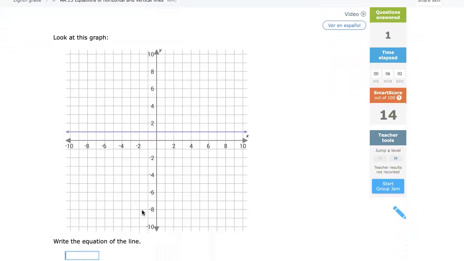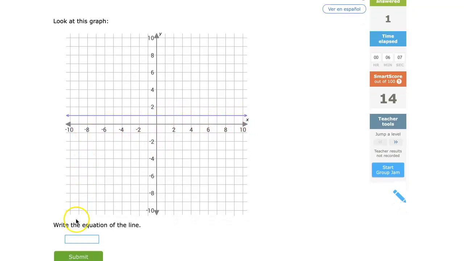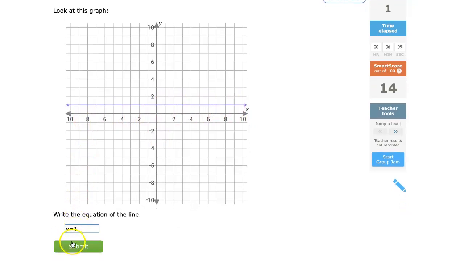This is a horizontal line. And no matter what x is, y is 1. So we can write y equals 1. So it is that simple,